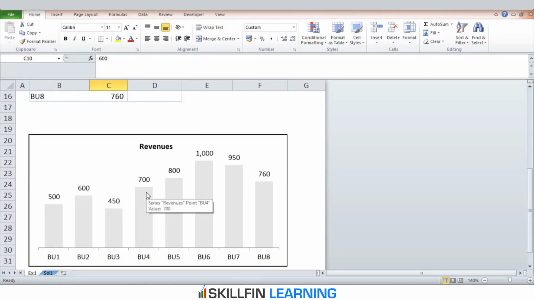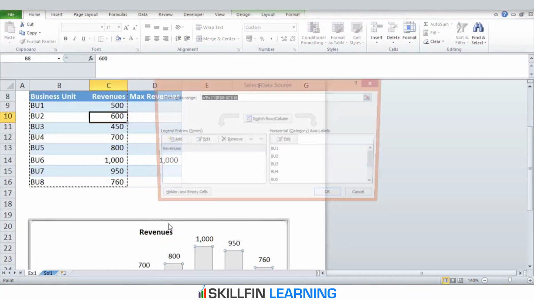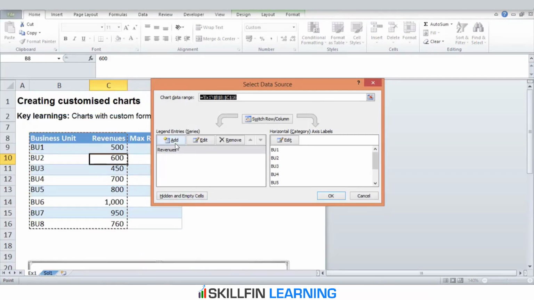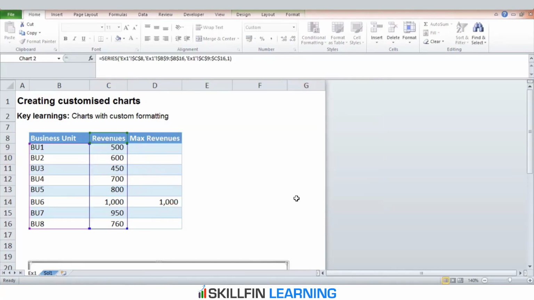Now the next step, the fourth and last step, is to add conditional formatting to the chart. So what we'll do is click on the column, right click, and then select data. Under select data, we'll add a data series. For the series name, you should always fill in the series name because it makes the chart easy to remember. So I'll link it to the maximum revenue cell, and under series values, I'll link it to cell D9 to D16. Press OK and OK.